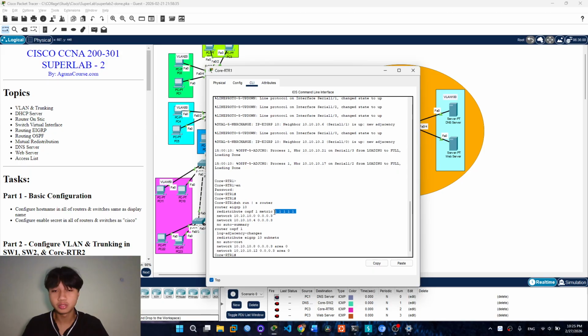I use the default, 1 1 1 1 1, and then add the network.